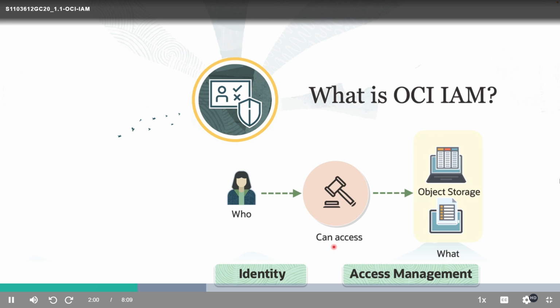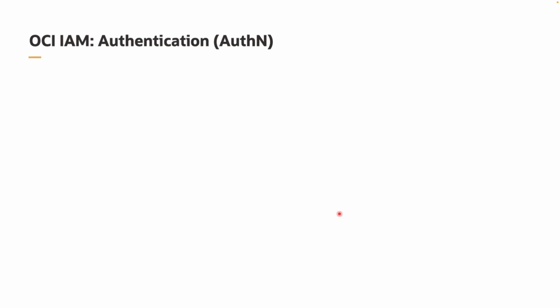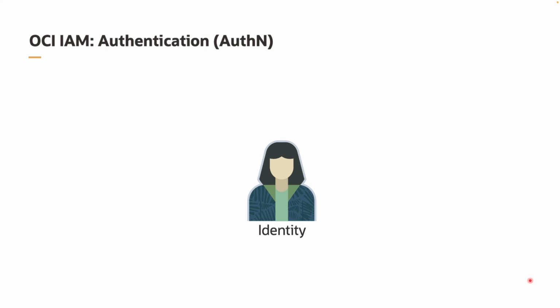So moving ahead, we will understand authentication and authorization in connection with OCI IAM. Authentication, also sometimes called Auth-N, is a security mechanism that ensures only authenticated users or entities are granted access to cloud resources. We deal with this process on a daily basis. Like when you go to a particular website and it asks you to enter the username and password to access some content, you are first authenticated to ensure you are a valid user and allowed to access the content or not. In the same way, OCI IAM provides various methods of authentication of identity, like providing valid credentials